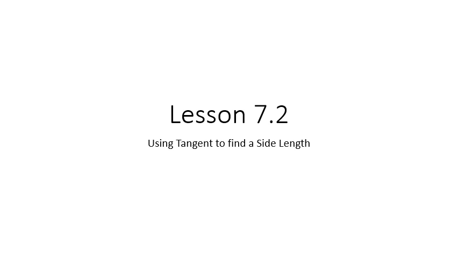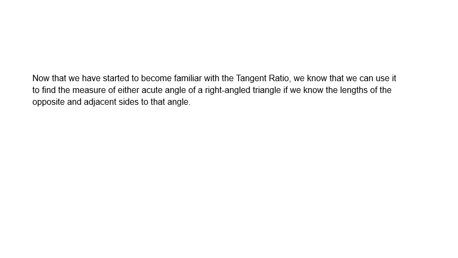Lesson 7.2, using tangent to find a side length. So in lesson 7.1, we used tangent to find the measure of an angle in a right angle triangle. Now we're going to use the same equation, tan is opposite over adjacent, to find a missing side length. Now that we have started to become familiar with the tangent ratio, we know that we can use it to